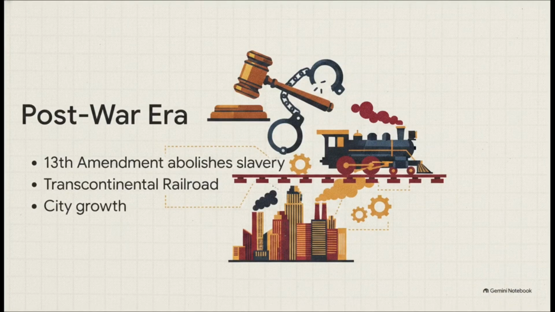So the war is over, right? But the aftermath is incredibly chaotic. President Lincoln is tragically assassinated just days after the surrender. And yeah, while the 13th Amendment legally abolishes slavery, the reality of true equality is stifled by generations of ongoing systemic discrimination and violence during Reconstruction. Yet physically speaking, the country was charging headfirst into the modern age. They connect the coasts with the 1869 Transcontinental Railroad and start building these massive, towering cities fueled by steel, coal, and oil. America was rapidly transforming into a wealthy industrial powerhouse.